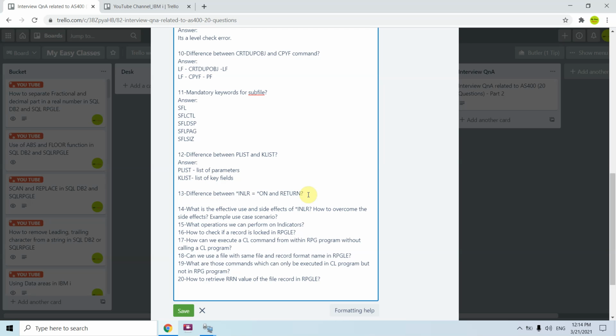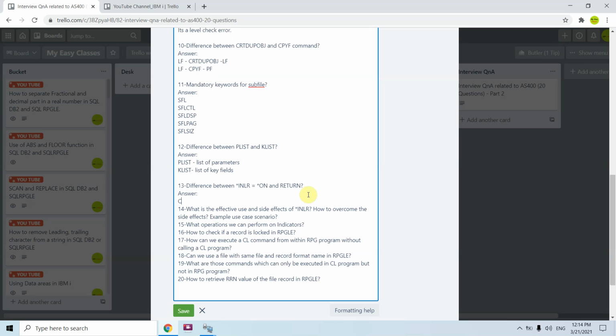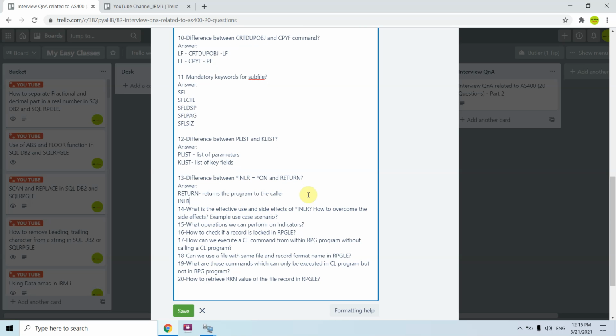So the main difference between INLR on and return is that return returns the program to the caller, and INLR on would free the memory and the program gets ended.